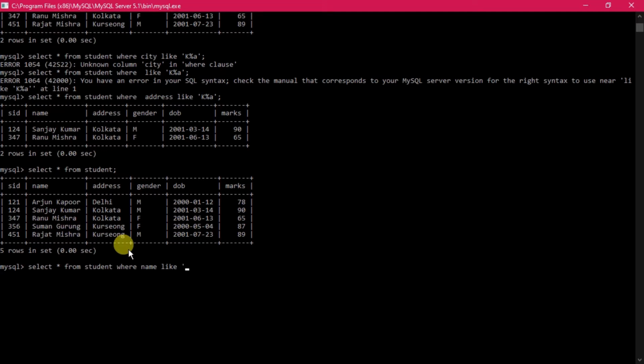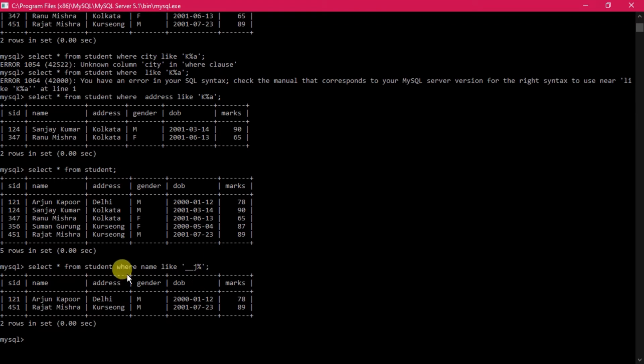So what we will do, single quotes. Till now you have seen that we use percent, that is for all. Now we are using the underscore. Fine, 1, 2, and this third character is J. After that anything can come. So two underscores, then J, that is the third character is J, and then you can give a percent sign, that is rather better. Name like this one, third character is J, and it will be displayed in that way.